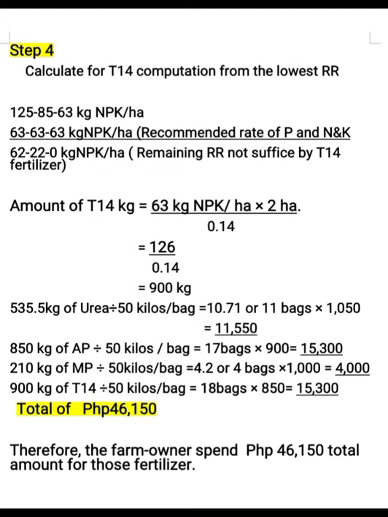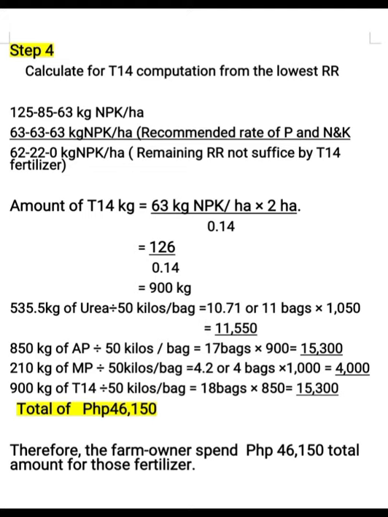Lastly, I'm going to calculate the money spent by the farmer on the fertilizer used in the field. 535.5 kilograms of urea divided by 50 kilos per bag is equal to 10.71, or 11 bags, times 1,050 is equal to 11,550. 850 kilograms of ammonium phosphate is divided by 50 kilos per bag, equal to 17 bags times 900